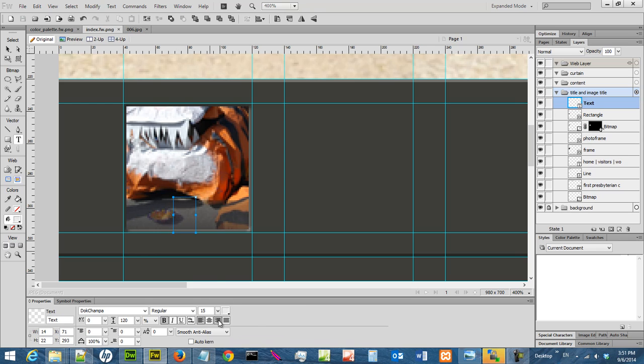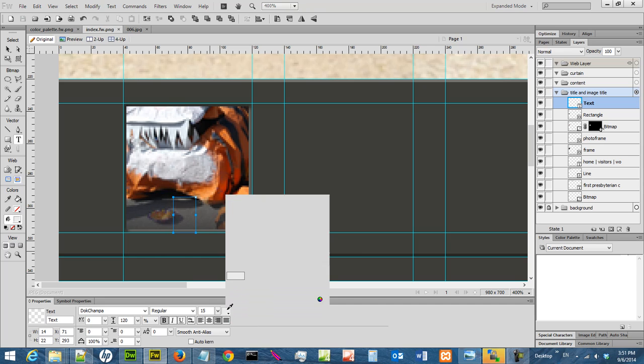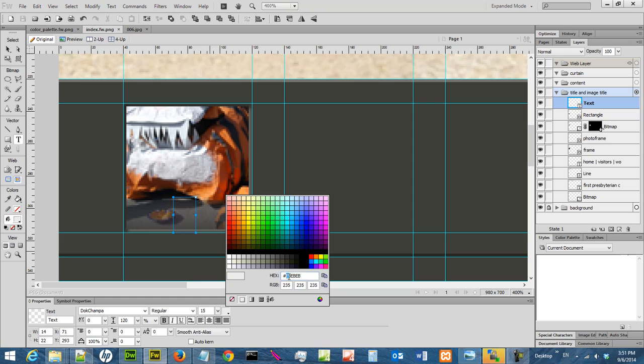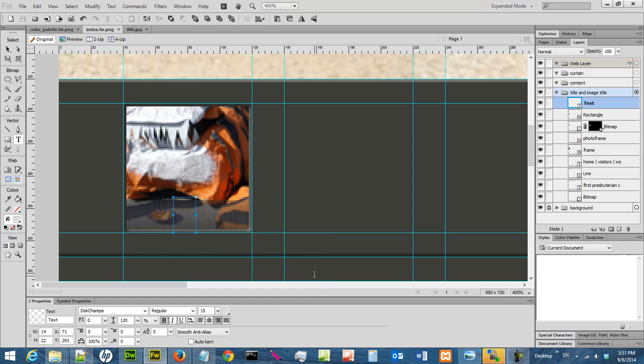Right aligned. Color will be, let's use these. So I will type ADULT, and I can shift this to